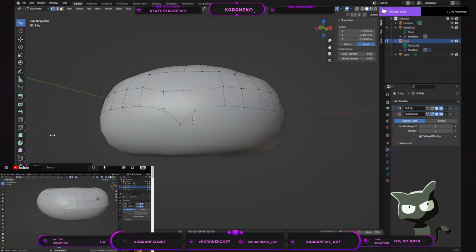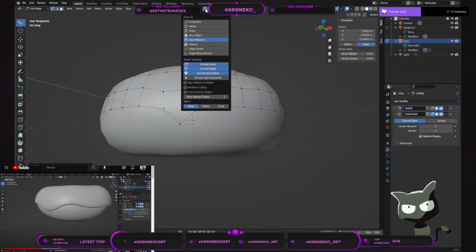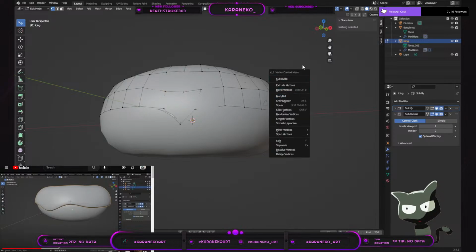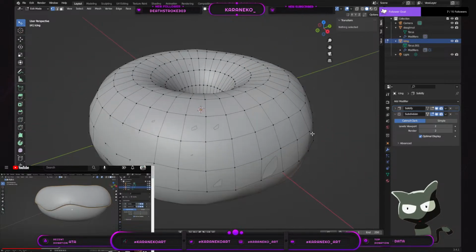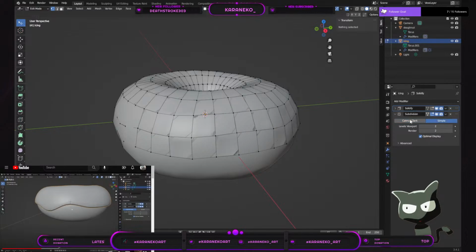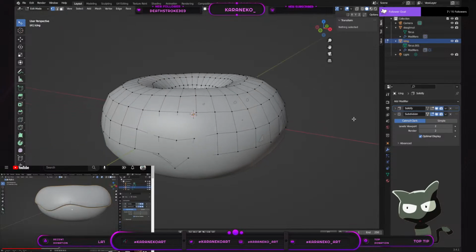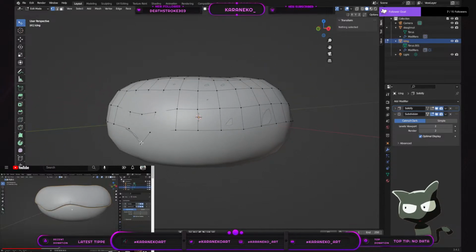Now we can do whatever we want here. We can move this around. We can do whatever, and we can make